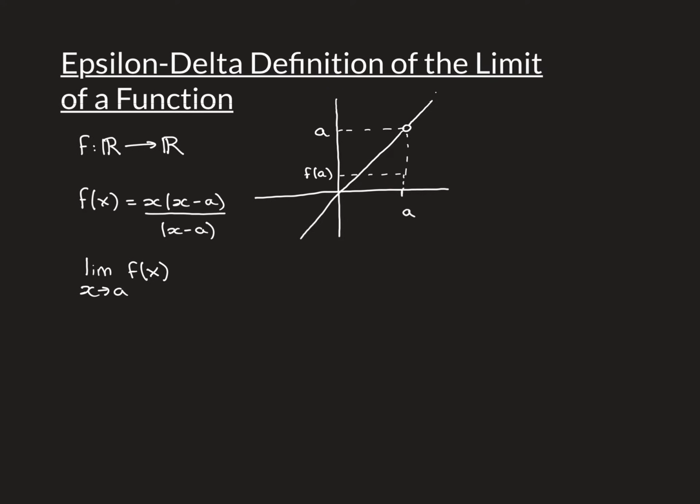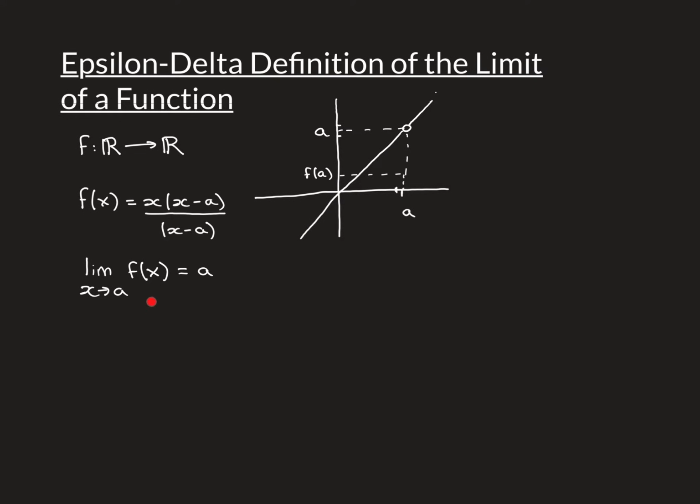So for all these points around x is equal to a, the function is defined, and we can look at points closer and closer to a in the domain, and we can look at what they're being mapped onto in the codomain, and we can ask, is the value of the function converging on anything? Is it getting closer and closer to something as the points in the domain get closer and closer to a? And the answer in the case of this example is clearly yes. The value of the function converges on a as x approaches a.